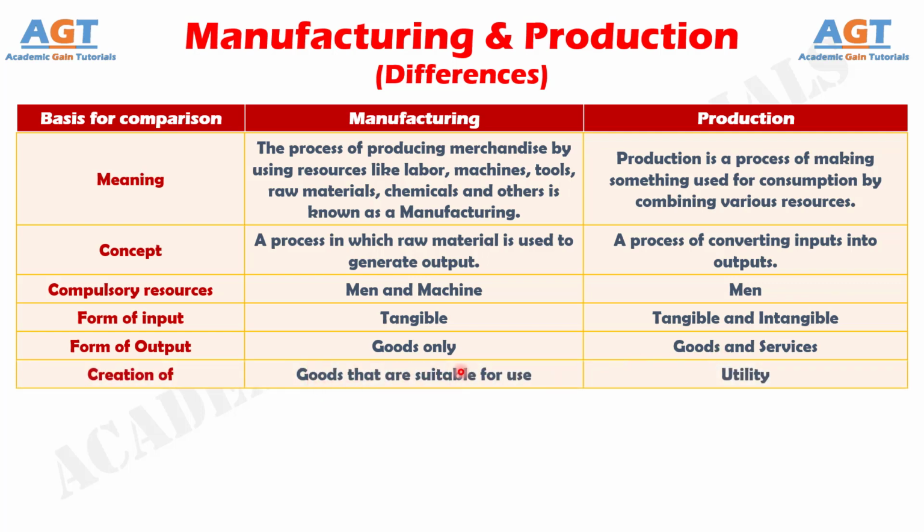Manufacturing consists of the generation of all those goods that are suitable for use or that can be sold. Conversely, production involves the creation of the utility,